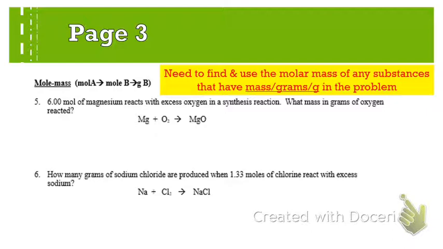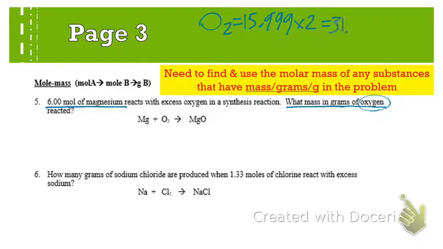When we're reading through this first problem, this says I have 6 moles of magnesium. So that's moles. That's just kind of normal, like we had done before. And then it asks us, what's the mass in grams of our oxygen? So oxygen is the thing that I need to find the molar mass for real quick. And so oxygen is O2. Each of those oxygens is 15.999. If I multiply that by 2, that's 31.998. And of course, we would put the units grams per mole on this, but because we're going to be